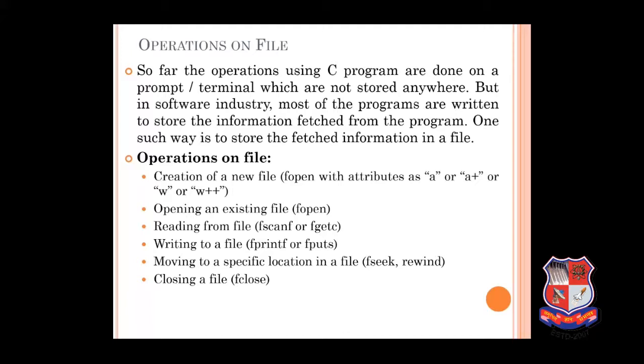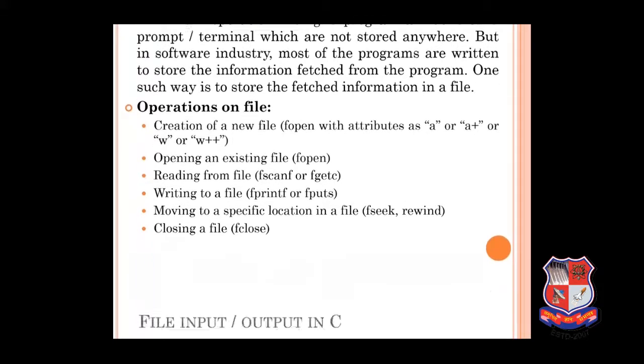If I have to start from some particular word or some particular line, I will be using fseek. And the last is closing a file. Every file that is opened and has had some operation performed on it has to be closed at the end. If you do not close that file, the operation is not completed yet. So the first compulsion is to open a file, and the second is to close the file.